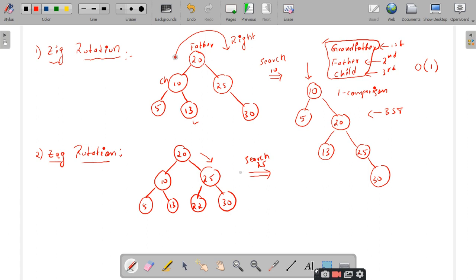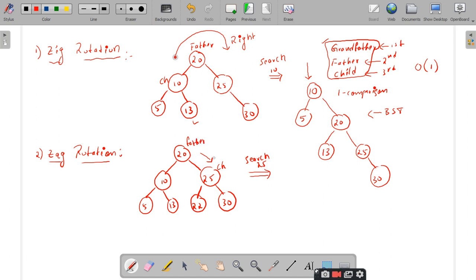But this is not enough in the splay trees. Once your search is successful, you have to perform the splay operation. For performing the splay operation, you have to identify which rotation is to be performed. For identifying which rotation has to be performed, you have to first of all check the direction in which the search element has been placed. So where is this 25 placed? Right, sir. It is placed as the right child of root node 20. Here also we will consider only two generations, child and father.